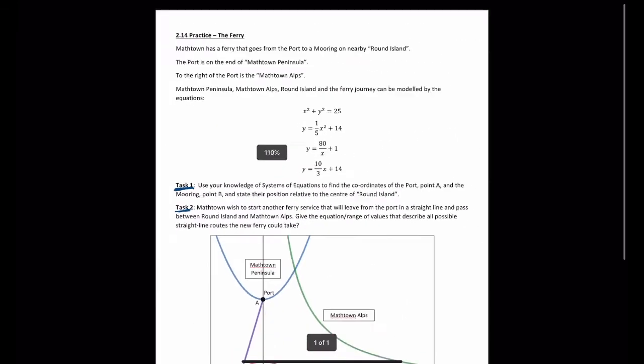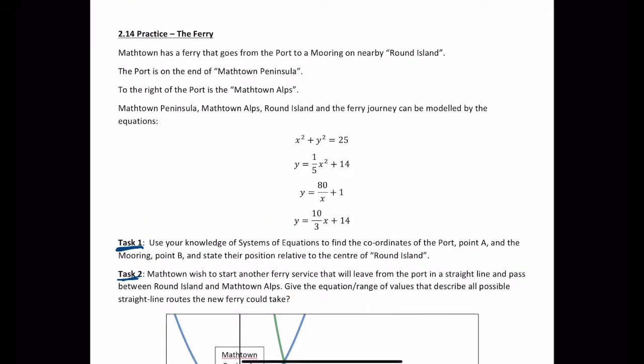So here's the map, and then here's the equations. I'm going to identify the equations first. This one's going to be a circle because x squared plus y squared equals anything. It's going to be a circle. This one is a quadratic